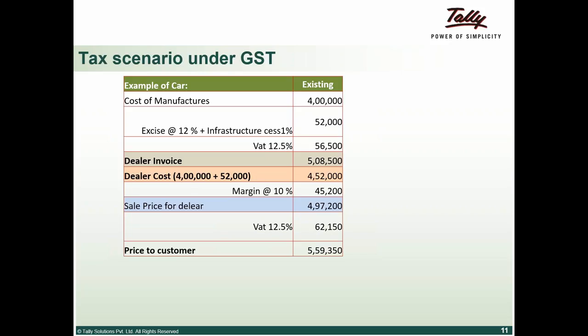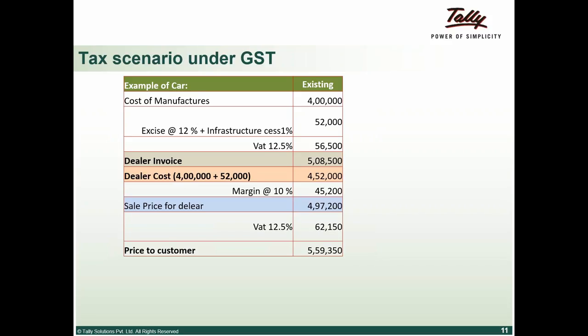Okay, so he is not adding that to the cost because he is eligible to claim it as input tax credit, right? So now he is going to charge 62,150 as VAT. Which means if he has to now discharge his VAT liability, 62,150 minus 56,500 is going to be his VAT liability, right? So now the price to the consumer is going to be